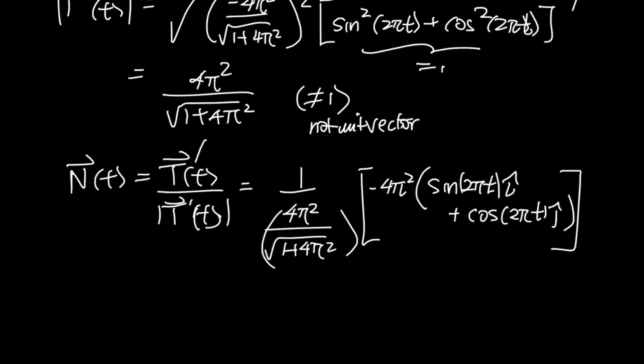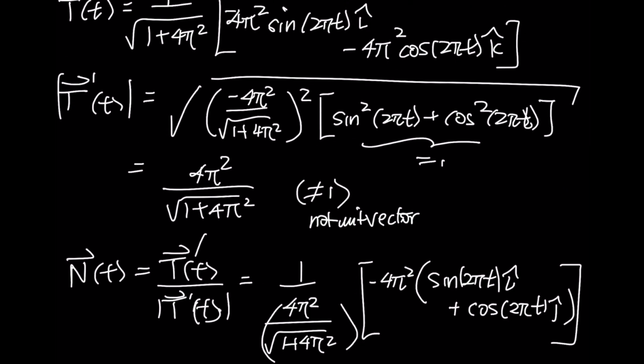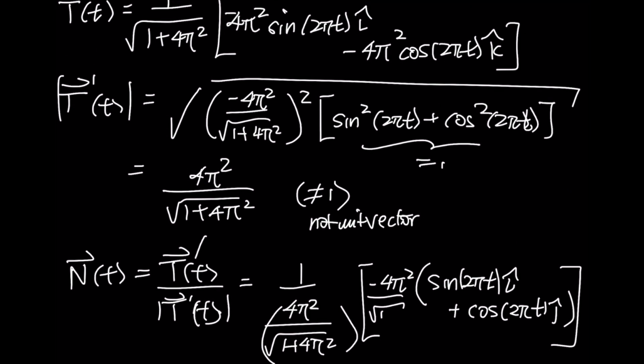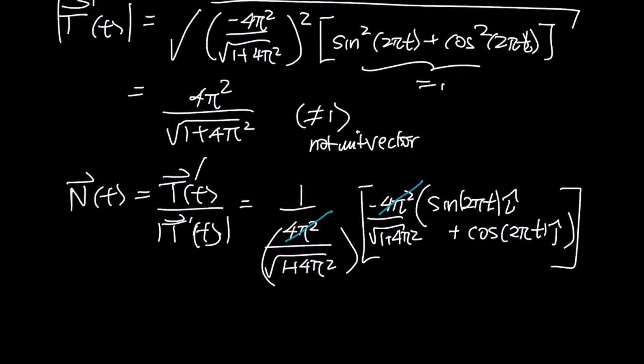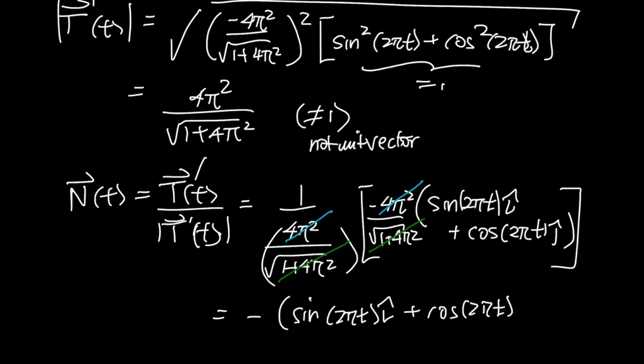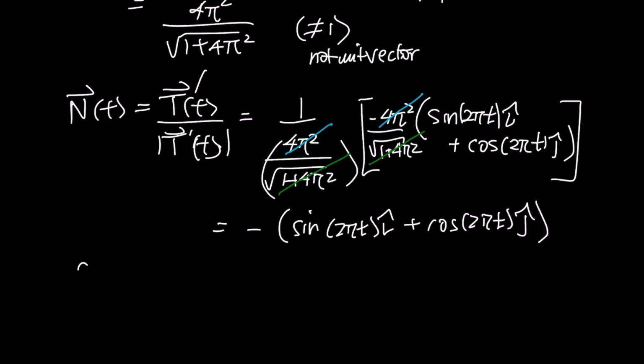And there was also the root term here that I've forgotten. Well, what conveniently happens is that the 4 pi's go away, these roots go away, and what you're left with is something very simple: negative sine of 2 pi t i plus cosine of 2 pi t j. Now, it's clear from this that the length of this unit normal is 1. If you just square both components, add them up, you get a 1 and take its root. And because of this negative sign, this thing essentially points inward,